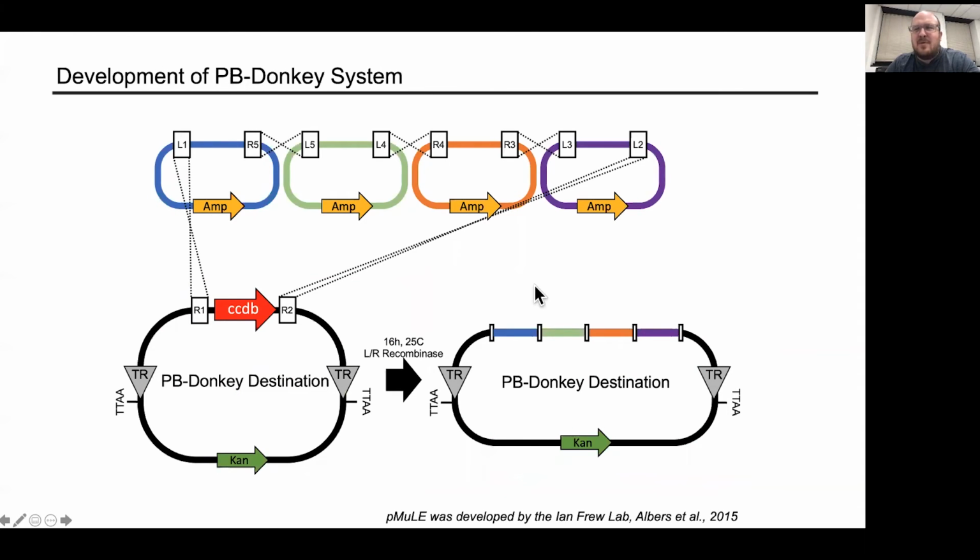And so we were unhappy with the fact of not being able to measure PTC suppression and rescue of CFTR protein function. And so we developed a piggyback system where we can incorporate several copies of ACE tRNAs stably. And we call this our PB donkey system. And this is based off of the P mule system developed by the Fru lab, where they use the same